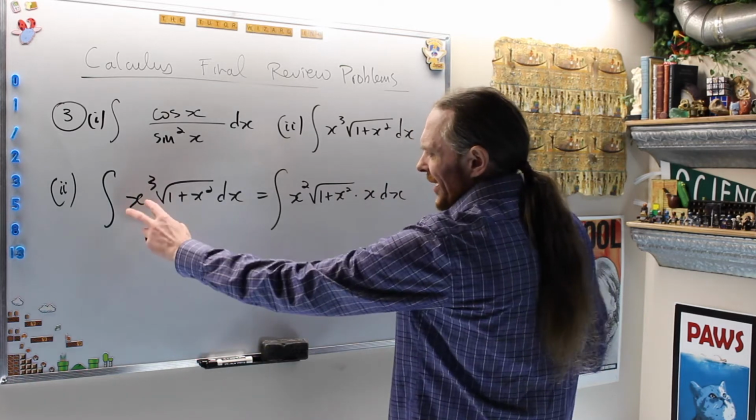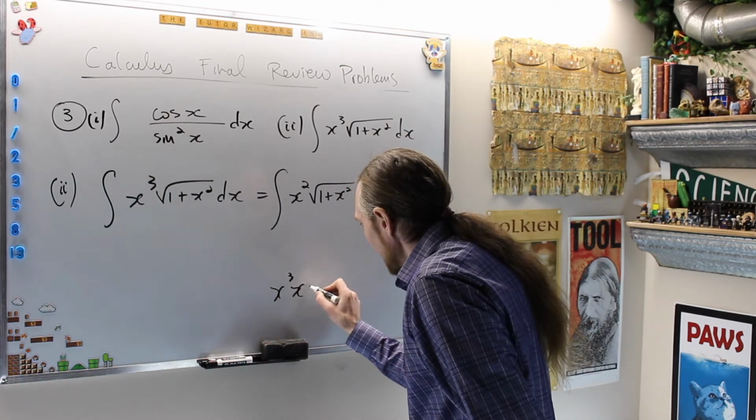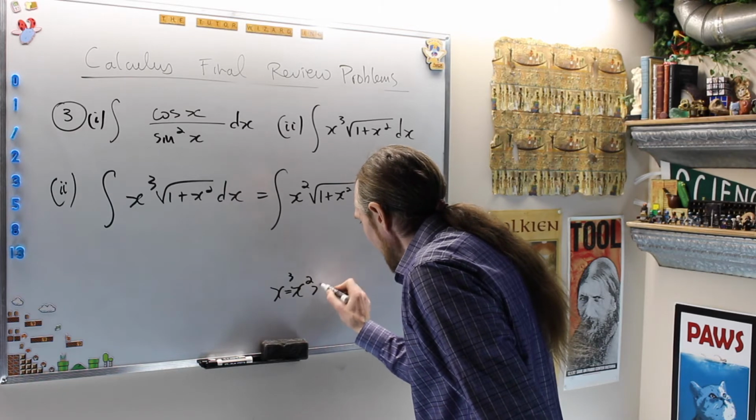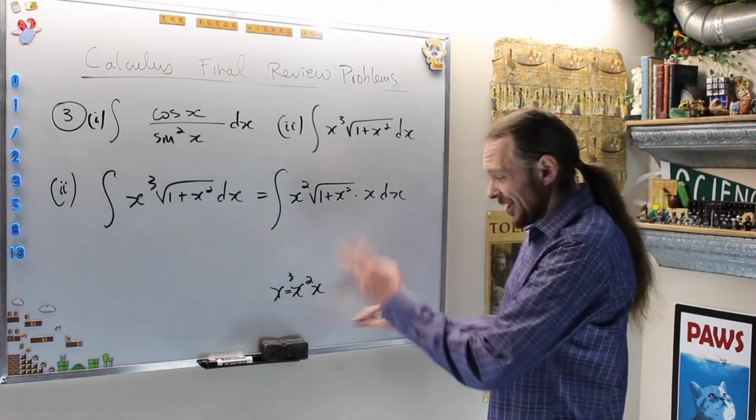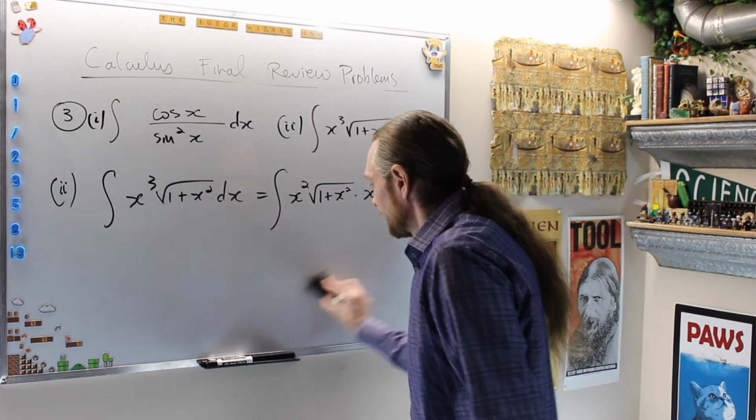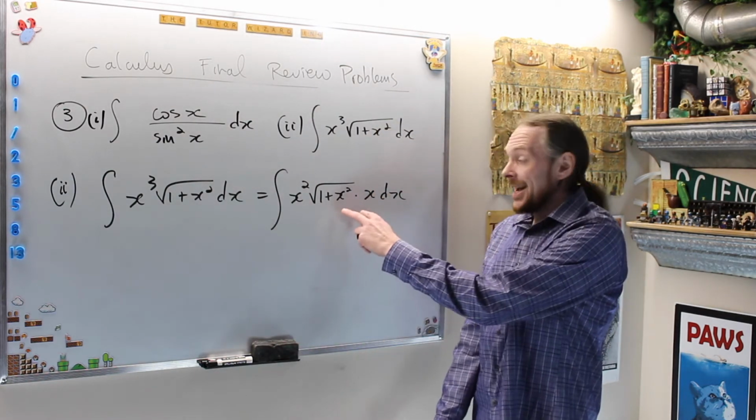You're like, how did you move one? I split x cubed as x times x squared, which I'm allowed to do, and then I move this one over. You can commute everything. Why have I done that? Because now I can see that